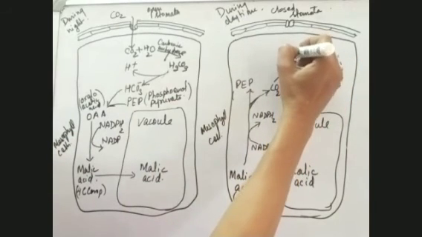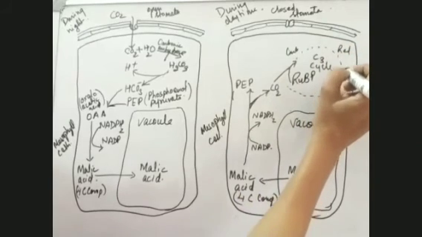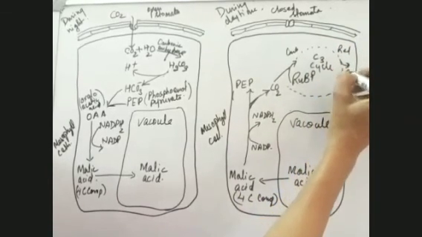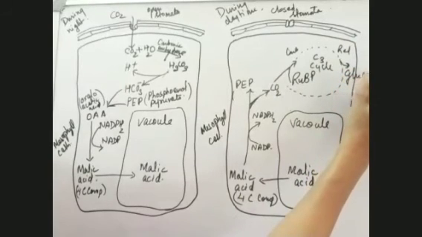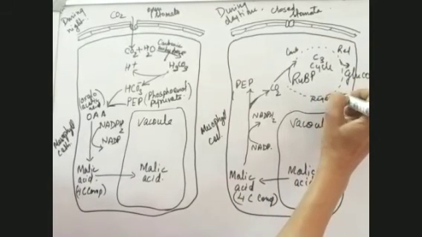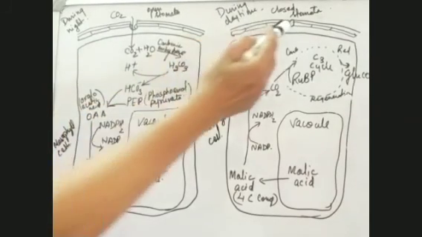That means carboxylation will take place here, reduction will take place here, and after reduction, glucose is formed. And then finally, regeneration takes place here. As a result of regeneration, more RuBP is synthesized. So the C3 cycle will take place here. This is what takes place during the daytime, when the stomata are closed.